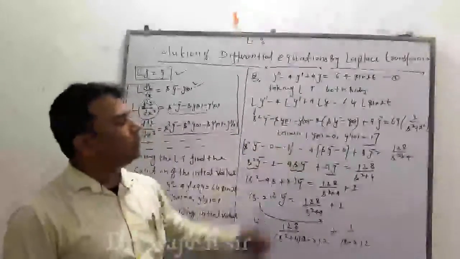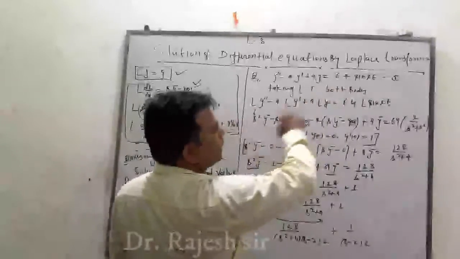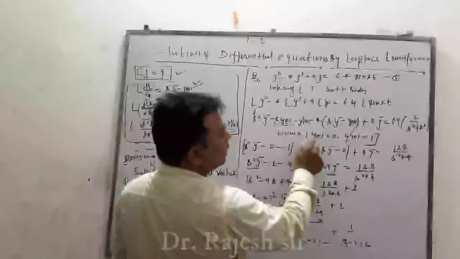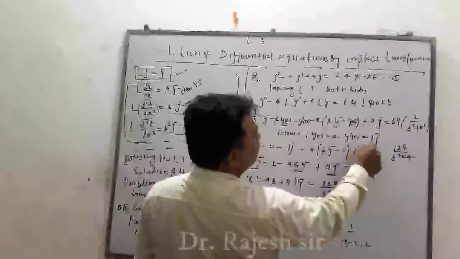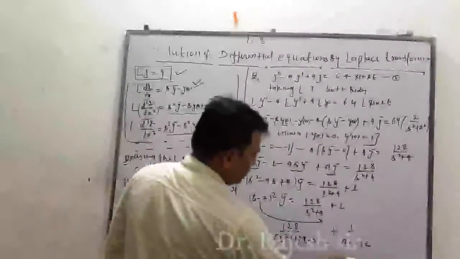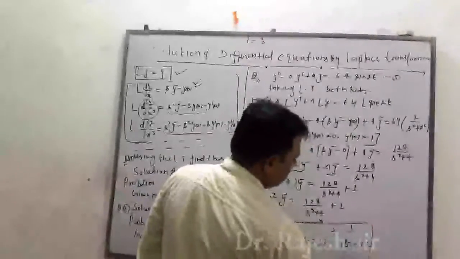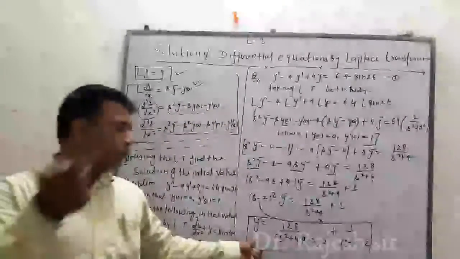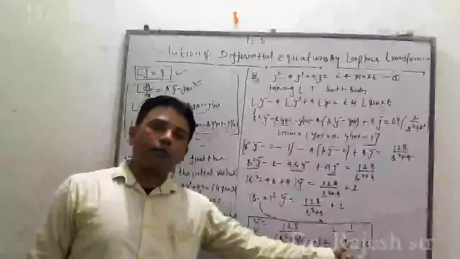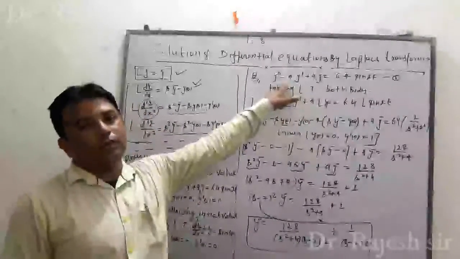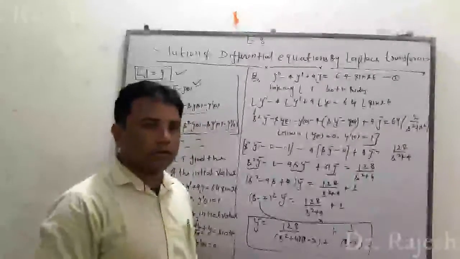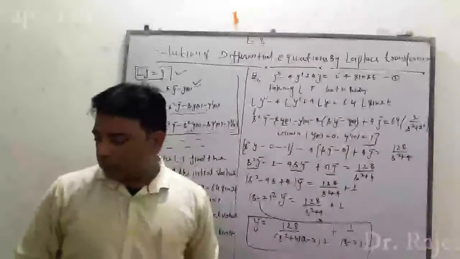Understand this question: in the given question, we take the Laplace transform on both sides, write down the form of this, and apply the initial conditions y0 equals 0 and y dash 0 equals 1, then we get this value of y bar. This is not the complete solution. This is the value of y bar; we need the value of y. So we take the inverse Laplace transform again on both sides. We start by taking the Laplace transform and lastly take the inverse Laplace transform. Please make a note.